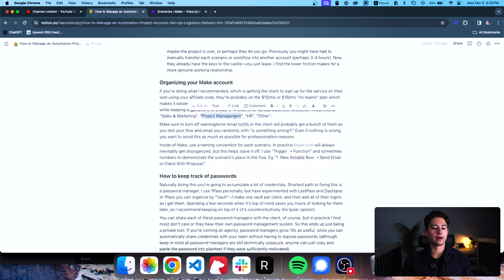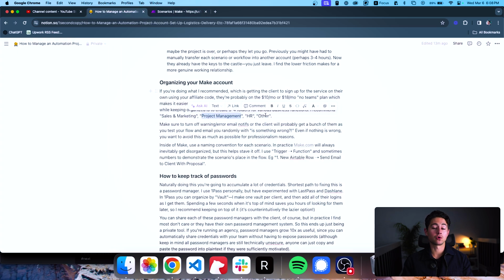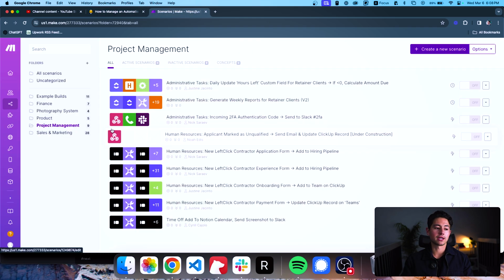And then have another one for HR. And so that's anything to do with hiring or administration, or you can even do payroll here if you want. And then have one for other. Other is just sort of a catch-all because sometimes you're gonna have systems that just don't fall neatly into those categories. The reason why I bring this up is because if you don't have that, then you just have the